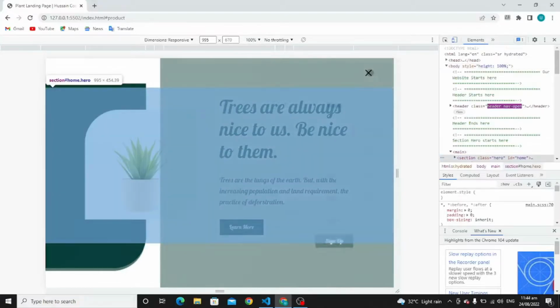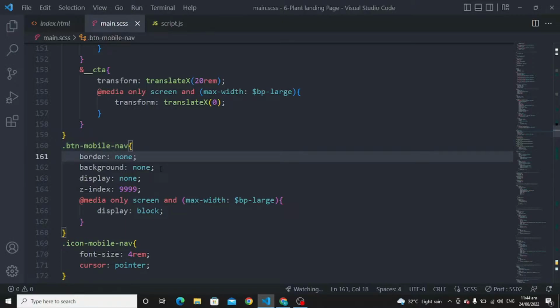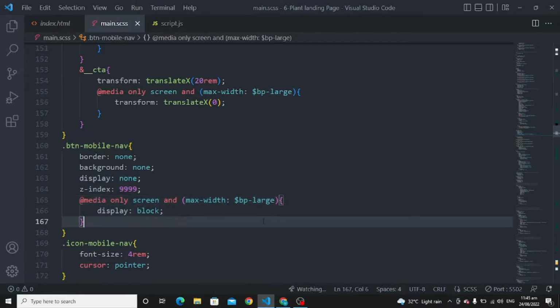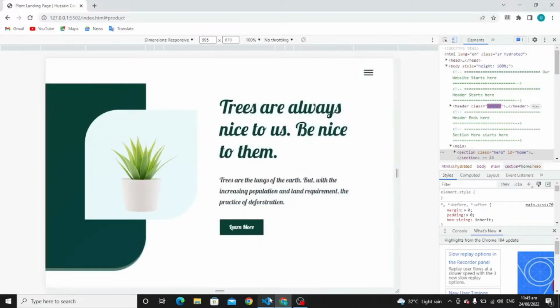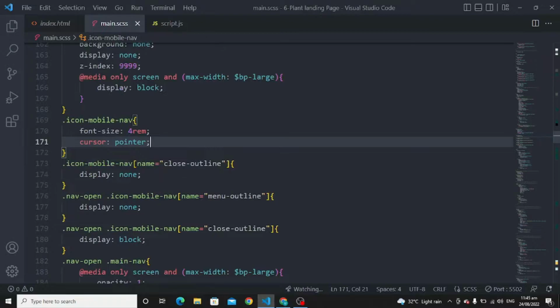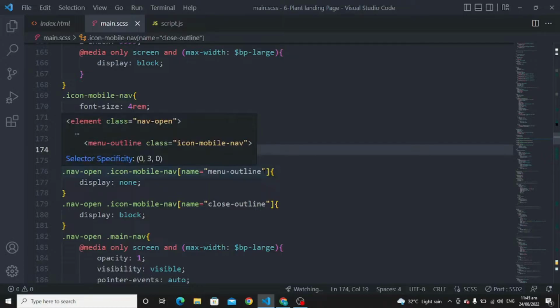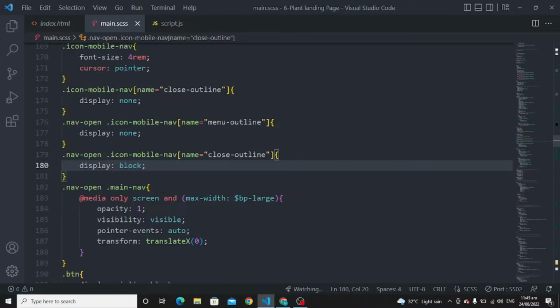this is the button mobile navigation. Okay, for this, border to none, background to none, display to none, z-index to 9999, and I have used the media query for the large here also, and the display to the block. For the icon mobile nav, these are the icons. Okay, for the icon, font size to 4, cursor to the pointer. Icon mobile nav, color, name, close outline, display to the none, and for the menu outline, display to the none, name, close outline, display to the block, and